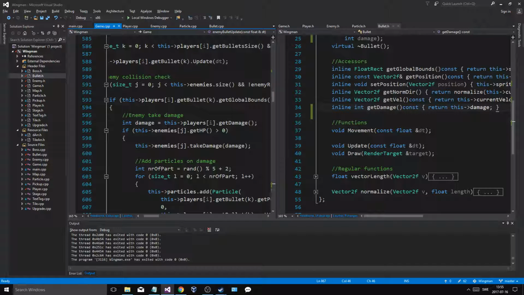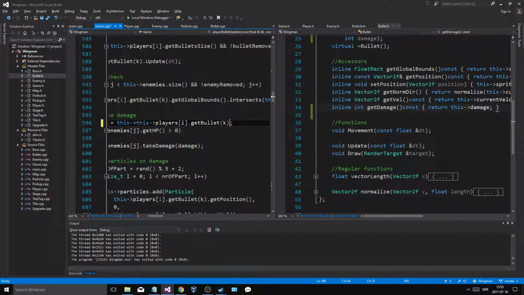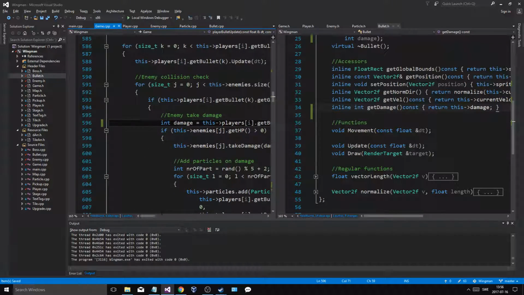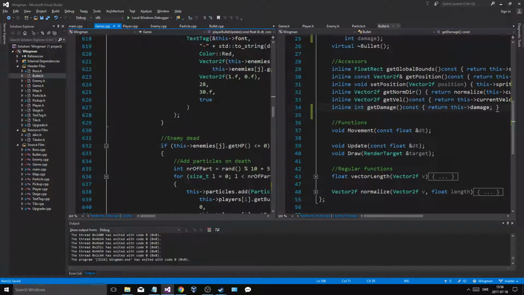Take damage equals, well, I could use it while I still have it, so I could use this player's I dot get bullets dot get damage. I know it's longer, but it makes sense to use it still. Get damage, and I'm just gonna create the bullets when we shoot